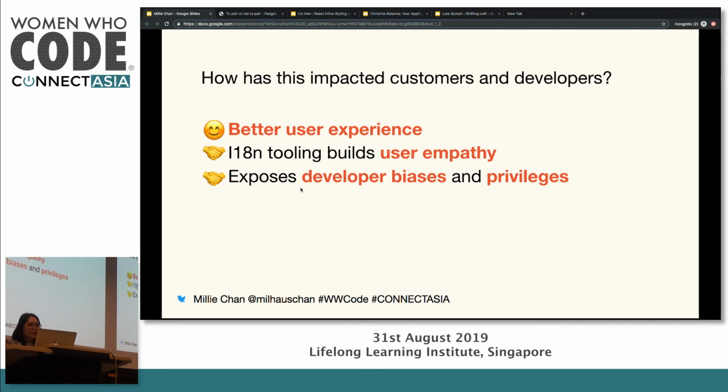And the process of creating all this i18n tooling actually helps build empathy in developers because it's super easy to forget about the user if you're just going about your day job, right? And through this process, it's actually something that I'm now very passionate about, and it helps me expose a lot of my biases and privilege as an English speaker, since most of the internet that I am using is catered to English speakers. And so with this, I feel like it's now our obligation as developers to build for all types of human beings, not just the ones that are convenient to us in our own little bubble that we have.